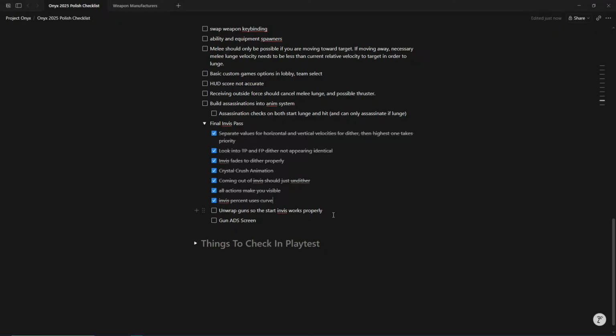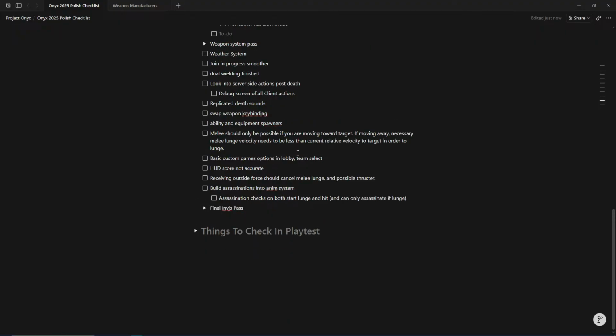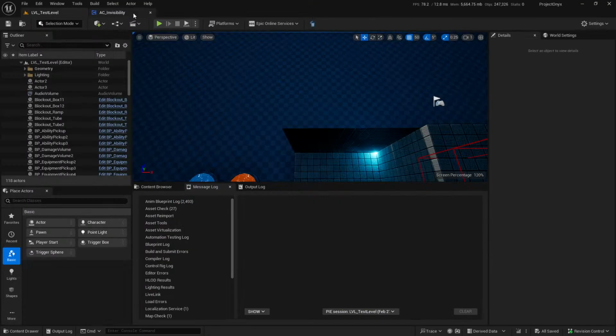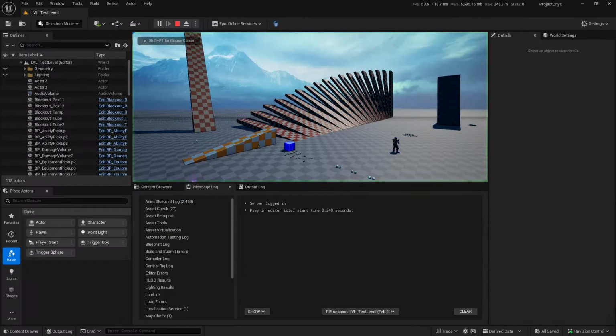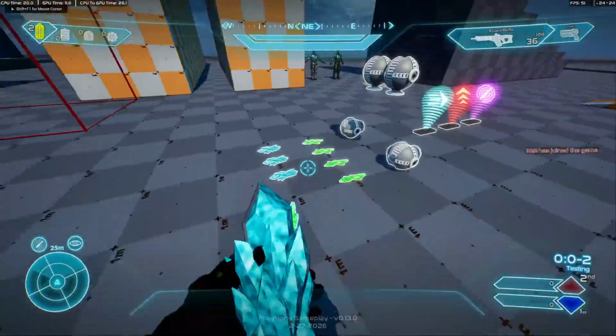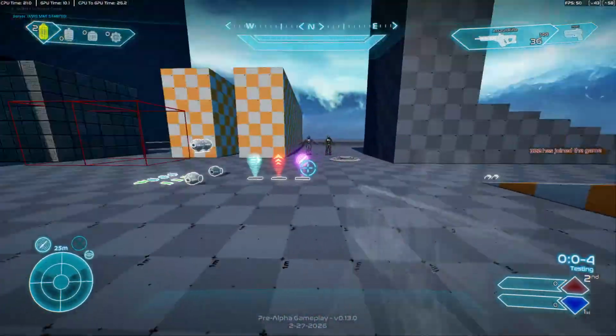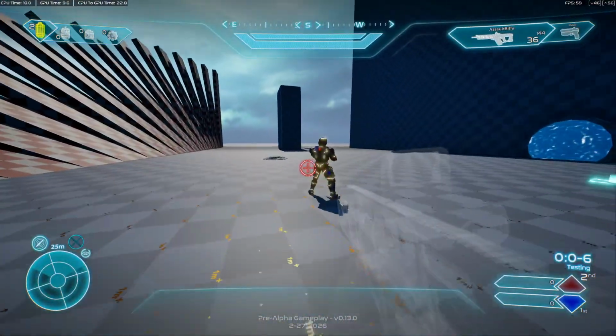And then unwrapping the guns is just something I've been slowly poking at anyways, and that's just something that's gonna take time. And then the gun ADS screen I never actually put thought into. So I'm gonna consider that finished for the day. So in just slightly under 2 hours, I would say I did a decent pass on Invis. We'll have to do some gameplay to figure out if the values that I've set feel good, but